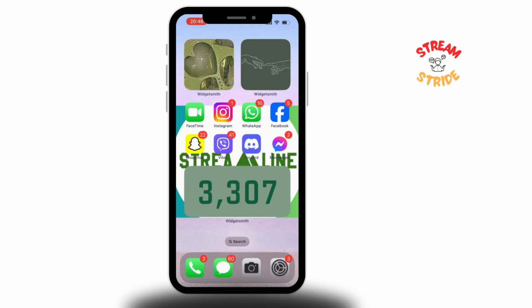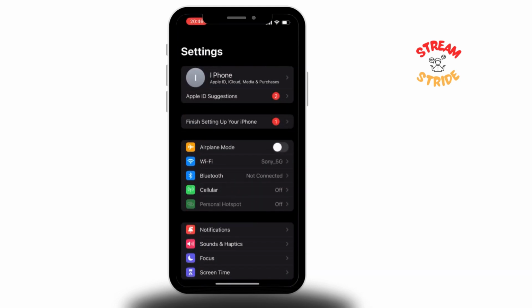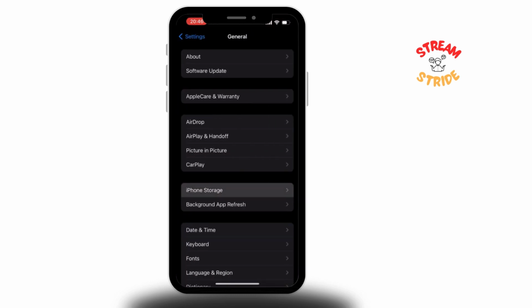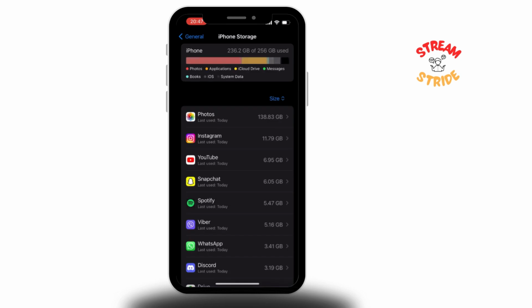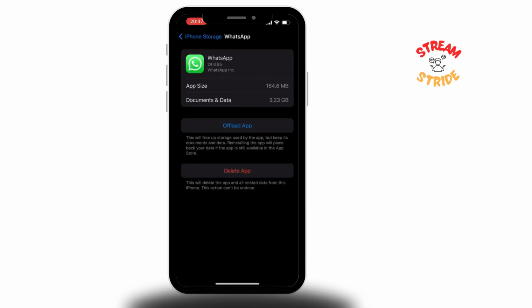So the first thing I want you to do is open up your Settings application, and I want you to go to General to offload your application. So go to General, then click on iPhone Storage. Then you can search for WhatsApp and then click on Offload App. This will delete your application from your phone, but you can reinstall it again, and this should fix your WhatsApp